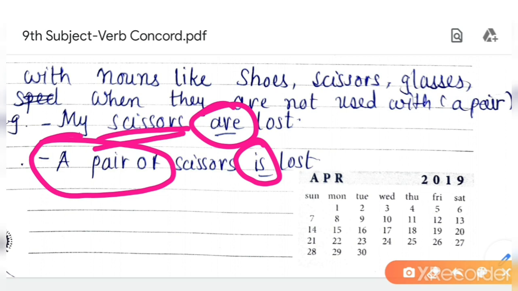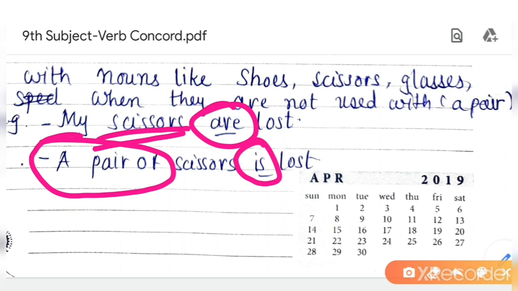Understood? These are some of the errors most people make. I can give you sentences: find out the error. I will go slow while dictating, so you can note them down in your notebook. Can we start? I am giving you some sentences to find out and rectify the error. First sentence is